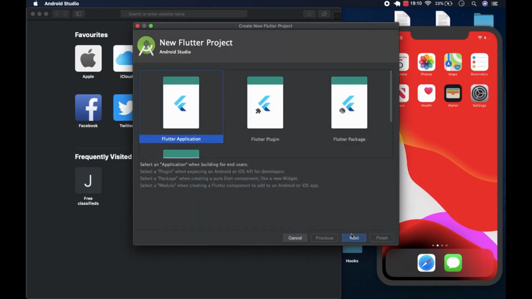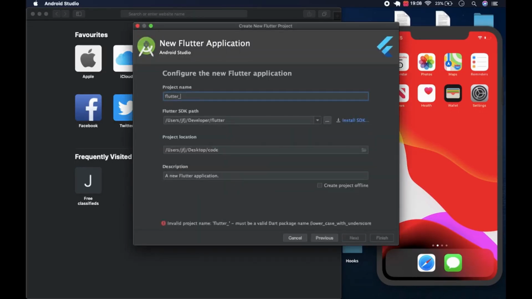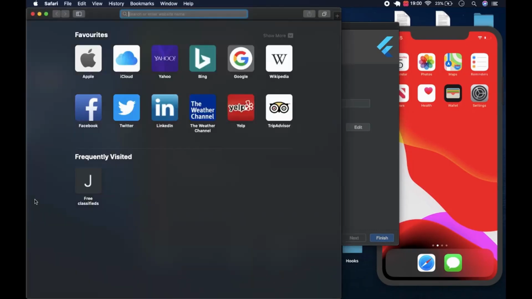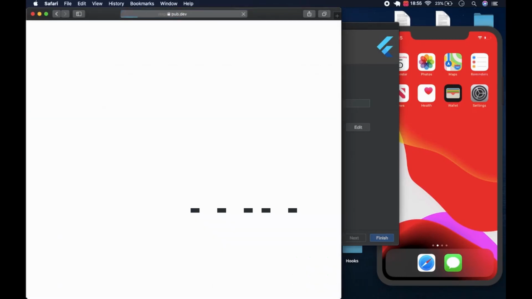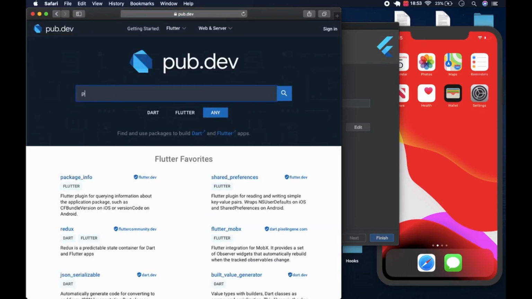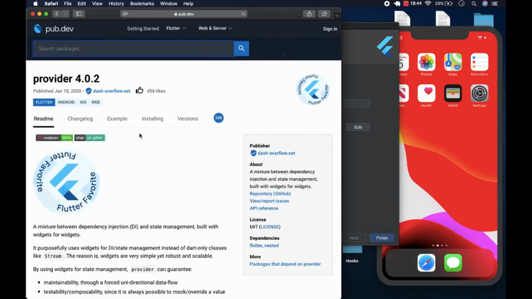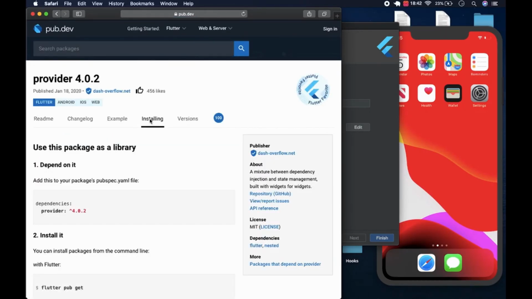So we hit start, click next. I'm going to call mine color match. Feel free to call it whatever you want. Yes, and finish up. And as we wait, we're going to download the packages we need. We go to pub.dev and we search for Provider. Provider is one of the state management solutions recommended by the Flutter team, of course, and it's very easy to use, very good, and has considerably less boilerplate code